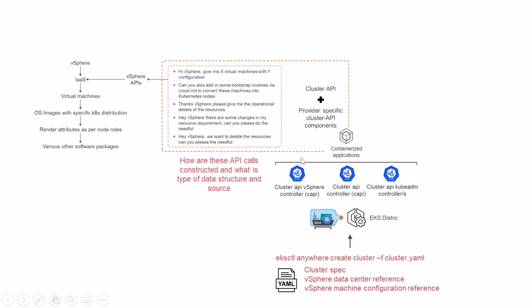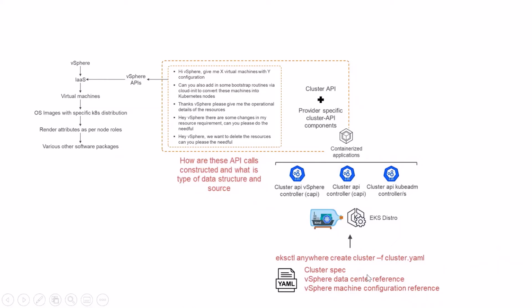Now, you have the controller, okay, listening to all the incoming requests, and then trying to modulate these requirements to, in this case, vSphere, via API calls, and these would be different kinds of API calls. But to get from this YAML all these specs and then translate them into the resource requirement,